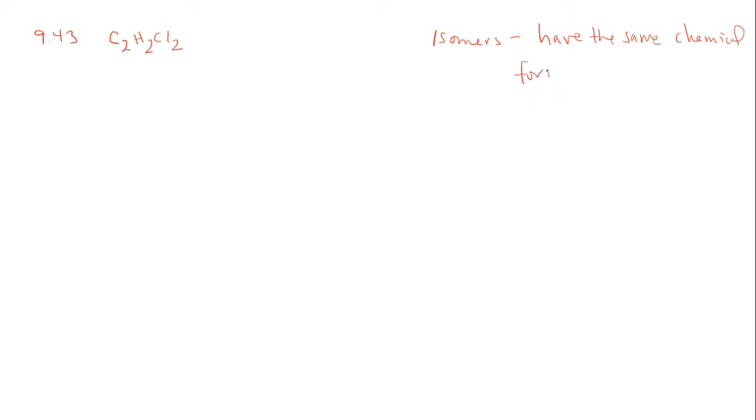but where they differ is their arrangement in where those atoms are in space around, and we'll see what that means in a second. And so, where to start, right? If we count up the valence electrons that we have to work with, we would see that we would need